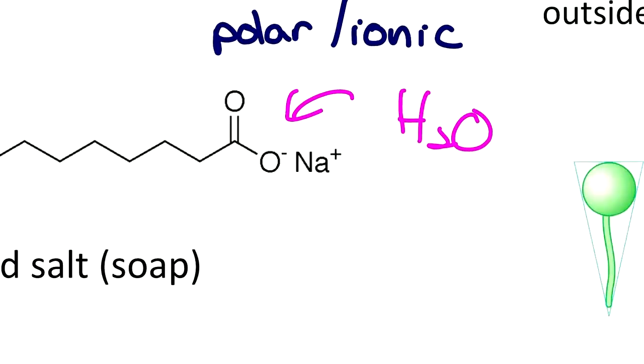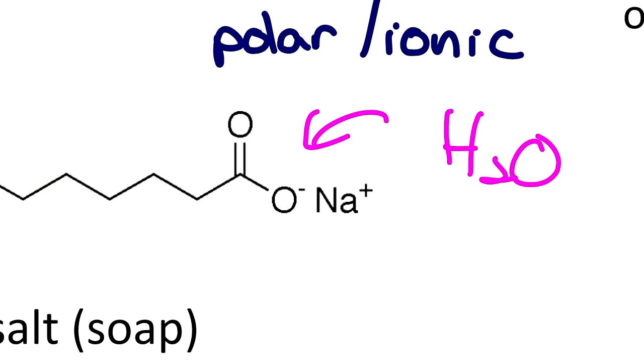Okay, so the question is, how do we know there's hydrogen bonding? So these oxygens actually have lone pairs on them that I didn't mention, or they're not drawn there, but they're there, okay? And so water